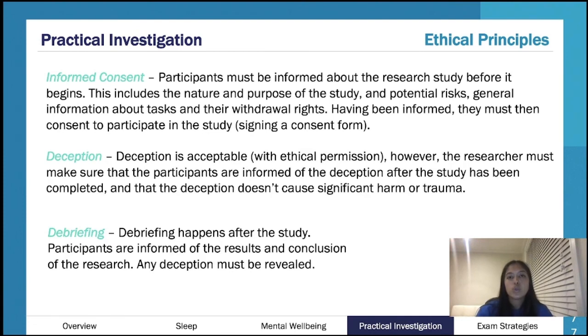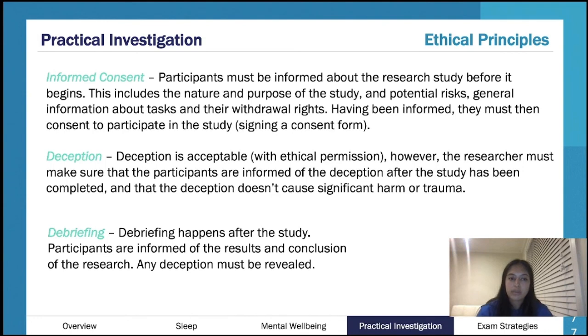Informed consent, super important, probably the most important, the one that gets tested the most. Participants should be aware of everything to do in the experiment, how it's going to be laid out, everything that they'll be involved in, everything that they have to do, and they obviously have to get written and express consent. If you use deception, you obviously wouldn't disclose that, but then you have to debrief them really properly at the end.